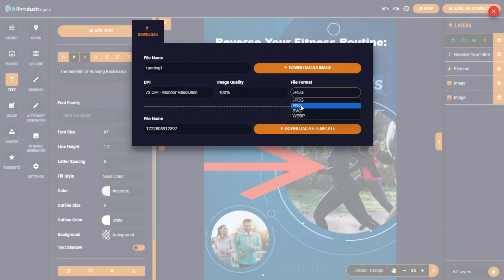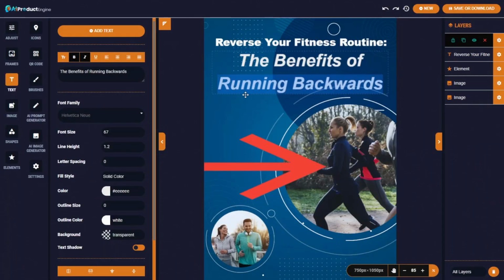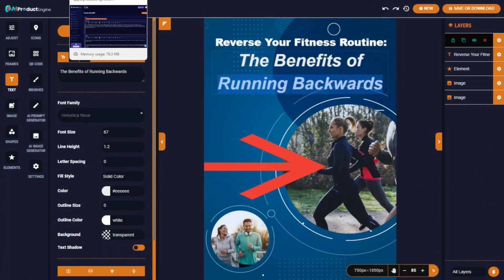I generally recommend saving covers as a PNG file because that will give you the transparent background if you're doing a 3D e-cover. In this case, it's a flat cover, so it really doesn't matter. 72 DPI is fine, but if you want a higher resolution, you certainly can go for that. And then download it. I'm going to keep this cover open in this tab because we'll come back to it